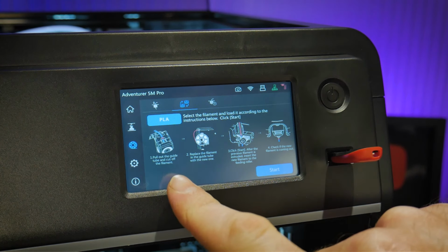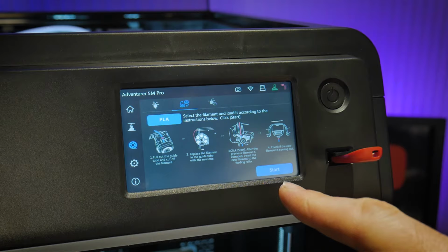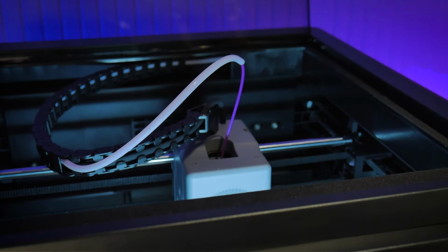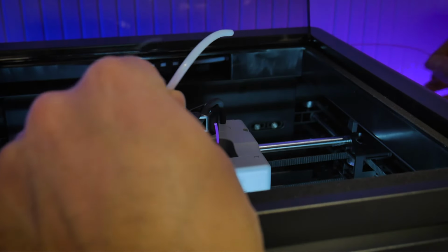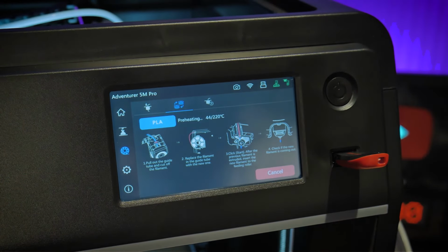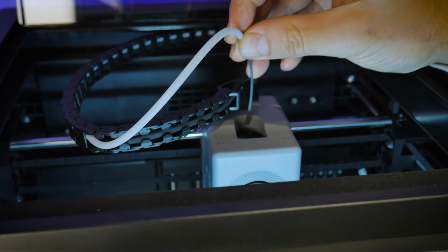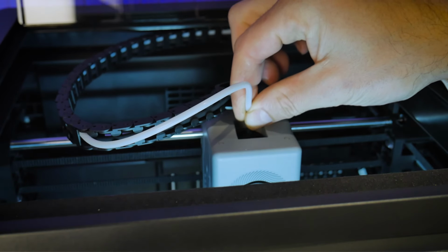So in the filament menu on the touchscreen, you can look for the icon with the 2 rolls of filament being swapped. And you can see that it's been preset right now for PLA. If you press that button, you can switch materials, and you can find other materials such as PETG, and then you can just hit the start button. That's going to preheat the nozzle. And while that's happening, you're going to want to pull back the PTFE tube and trim back your filament. When the nozzle reaches its target temperature, it's going to start feeding the old filament through. You're going to see that disappear into the print head, and that's when you can start feeding in the new